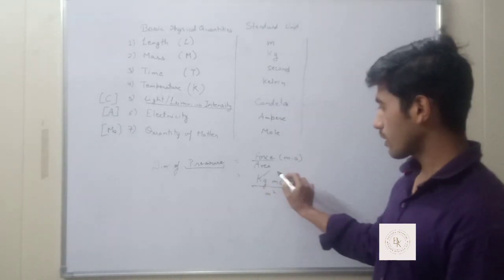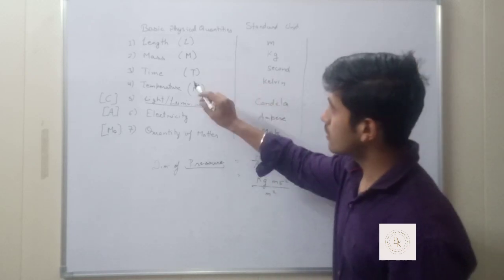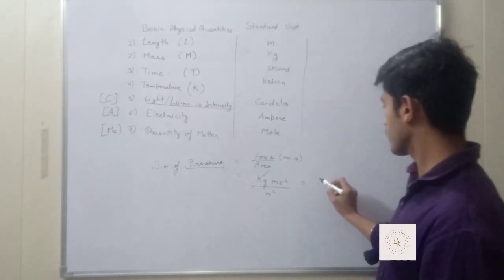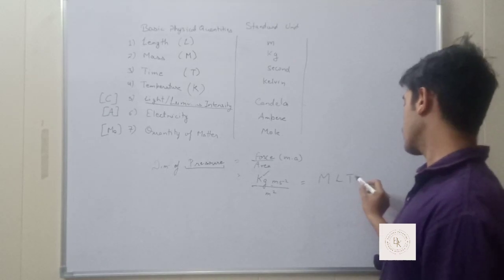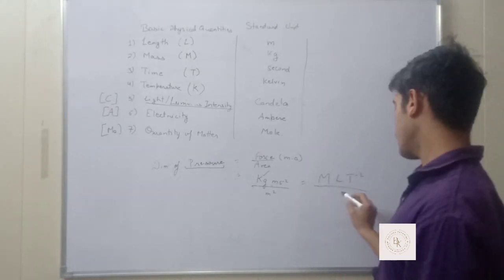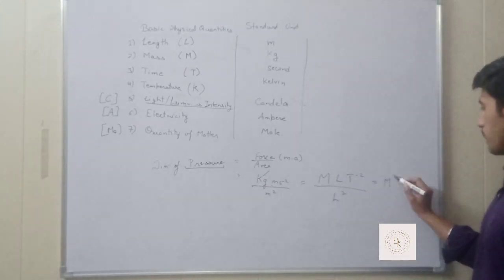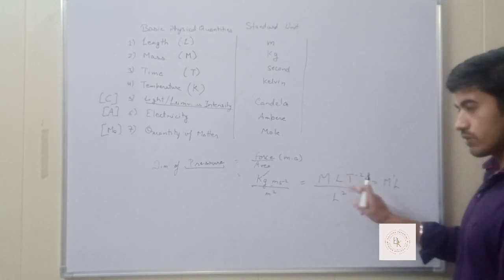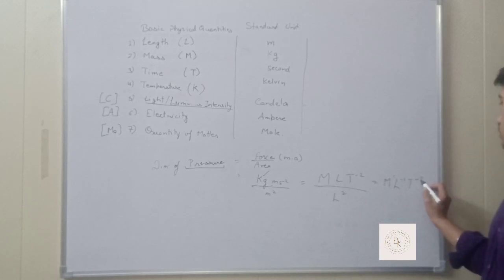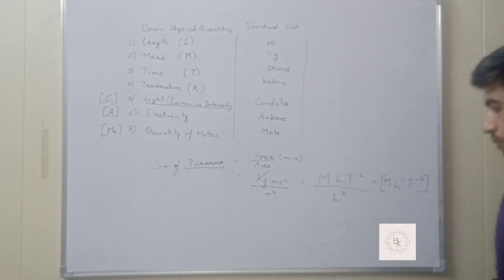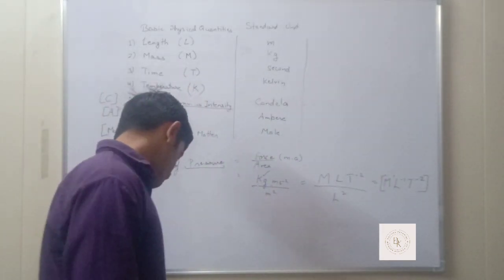These are units. Okay, kg is a unit, but we have to convert it into the dimension. So the kg dimension will be M. Meter, we can use L. Second, we use T to the minus 2, and again meter square, L squared. So the dimension of pressure will be M1 L to the minus 1, T to the minus 2. So this will be the dimension formula of pressure. Okay, this is the dimension formula for pressure.